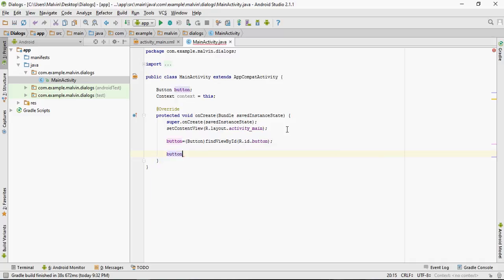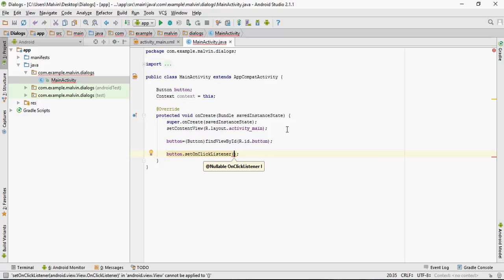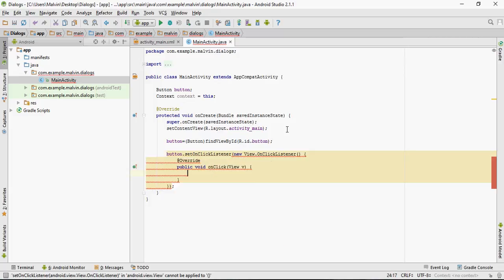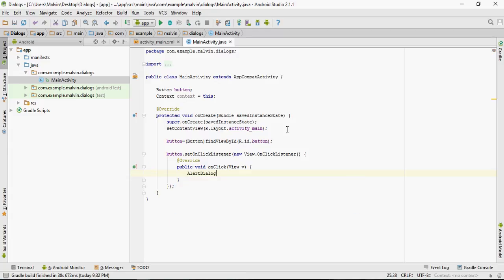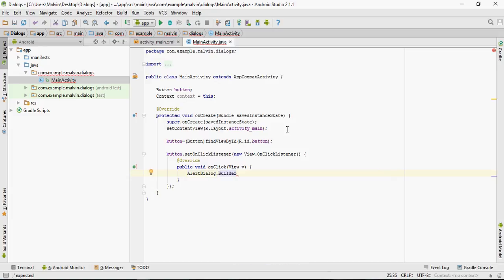So button, let's make some listener to make it clickable where we can put our dialogue. New on click listener, enter. So it would look like this. Alert dialog builder.